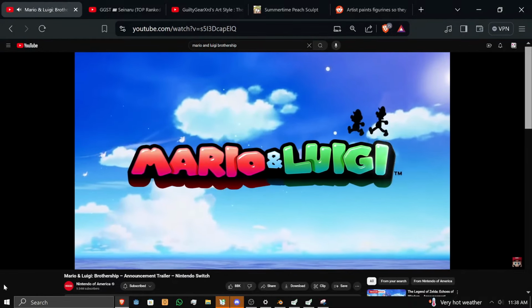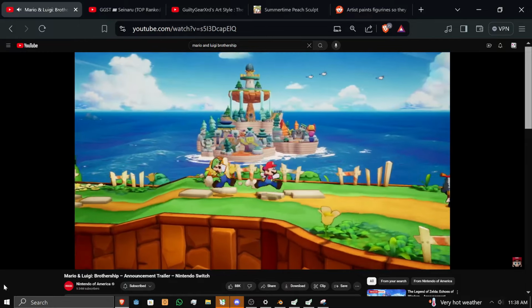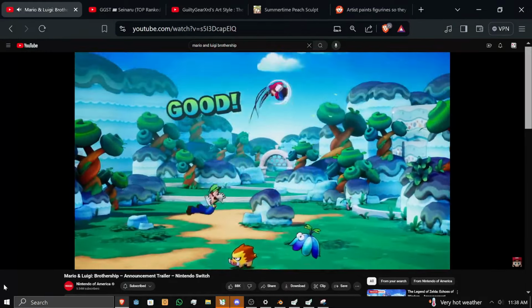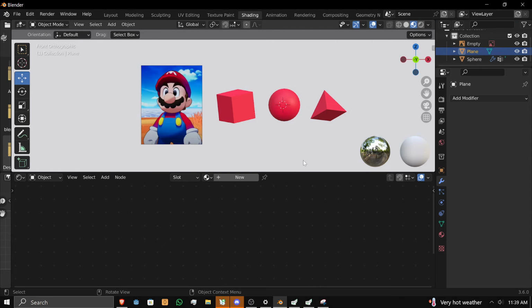Given that I'm somebody who does a lot of character modeling and animation for game projects I've done myself, I want to give a little bit of insight on how they were able to get this appealing style through clever usages of shaders. Alright, so we have Blender set up and a couple primitive shapes and a reference image of